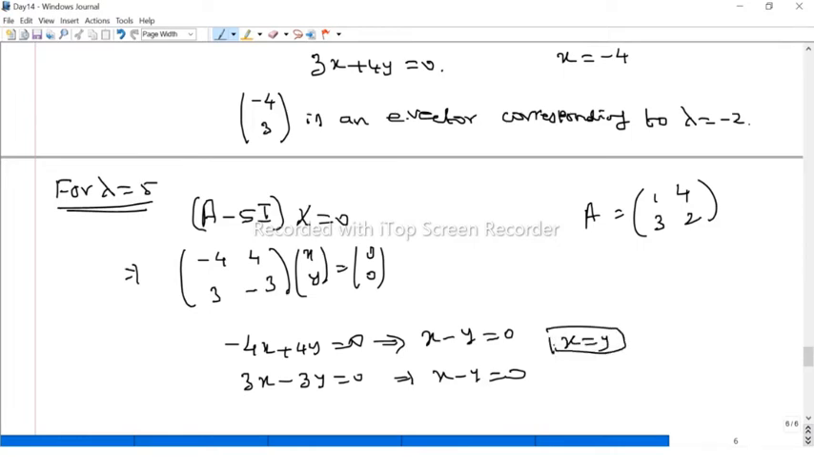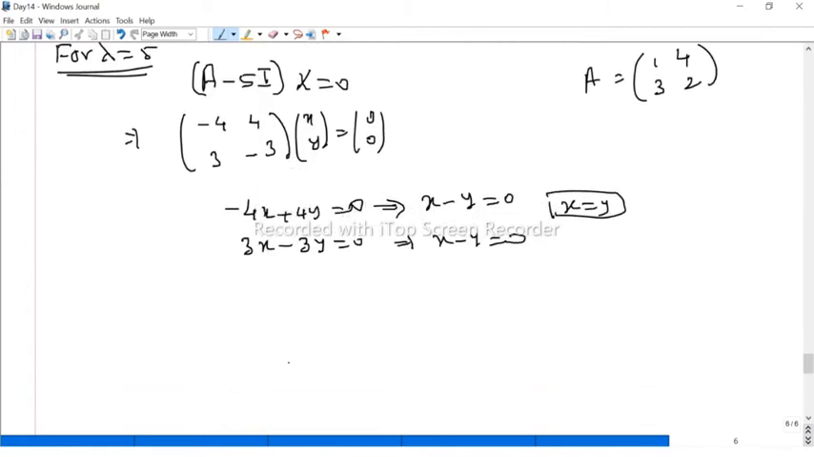So both x and y have the same value, but it should be non-zero. Therefore, better I take 1, 1. If you take x equal to 1, then y should be 1, or if you take x equal to 2, y equal to 2. Therefore, as a simple case I take 1, 1. So 1, 1 is an eigenvector corresponding to